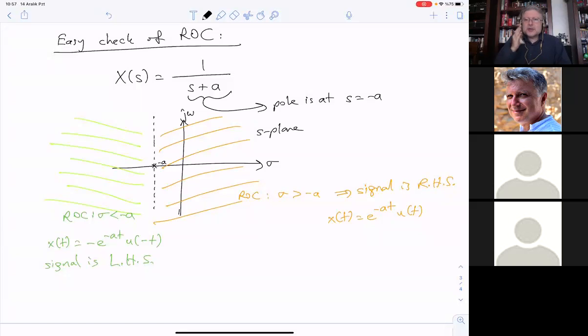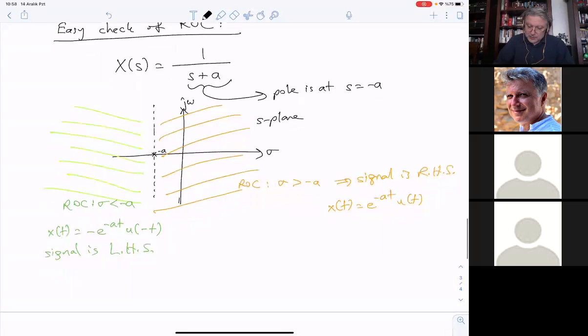Where is the region of convergence boundary? The boundary is along the pole. The pole is the root of the denominator. It's the place where the denominator becomes 0. So if it is 1 over s plus a, the root of s plus a is minus a, so the pole is at s equal to minus a. We may have various other ways to look at it, but as a result of it,